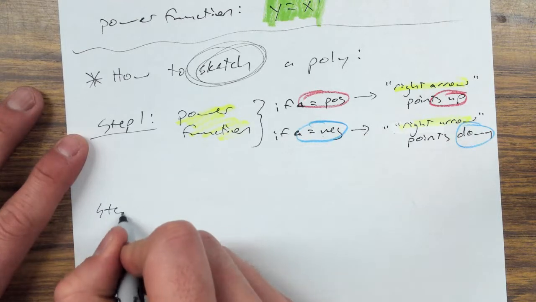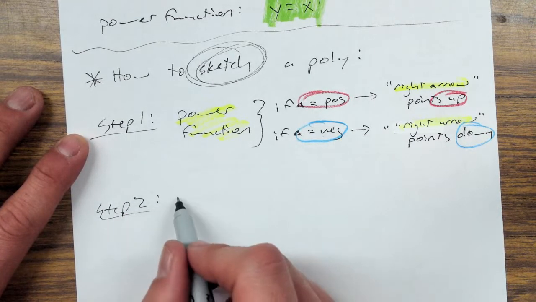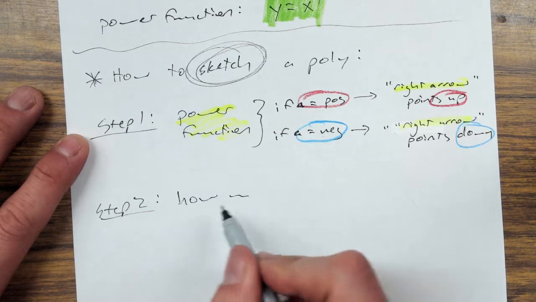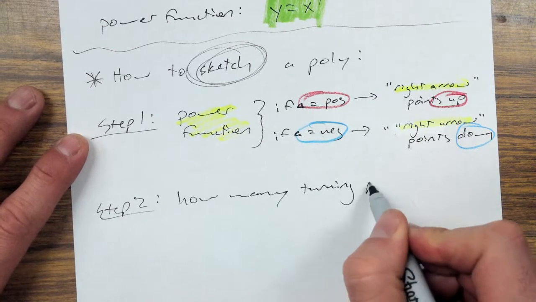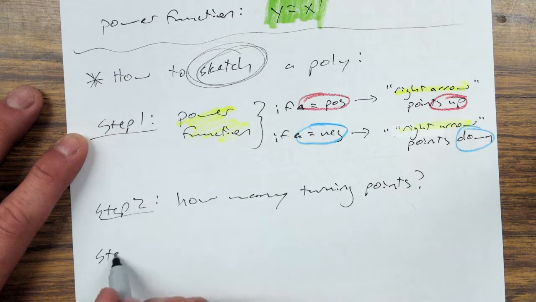Step two. You want to figure out how many U-turns, how many turning points we have. And step three,